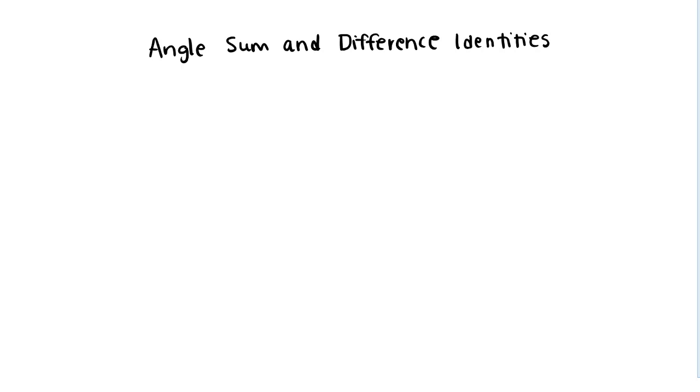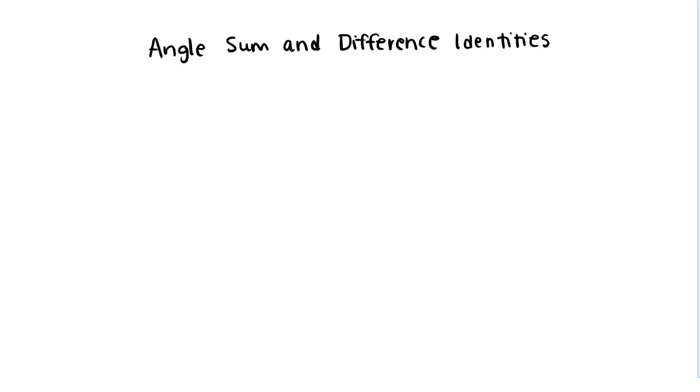Hey everyone! So over the next few videos we're going to introduce a handful of different identities that'll help us evaluate all sorts of different kinds of trigonometric expressions. And the four I'd like to start with in this video are the angle, sum, and difference identities. So these identities, which I'll introduce in just a moment, will help us evaluate expressions involving sums and differences in